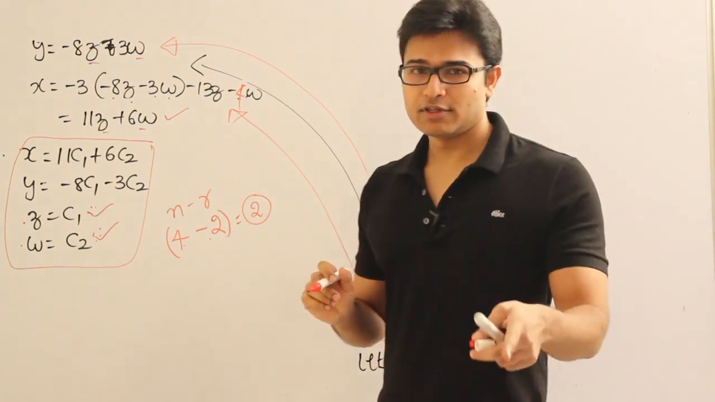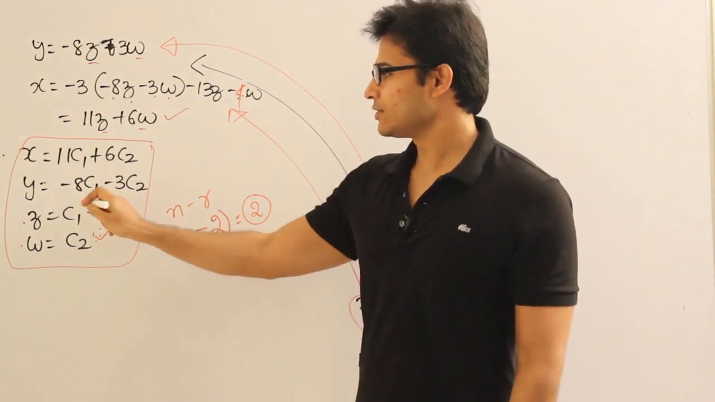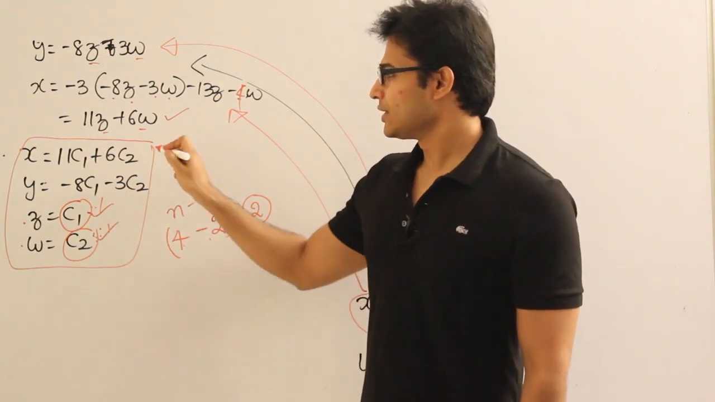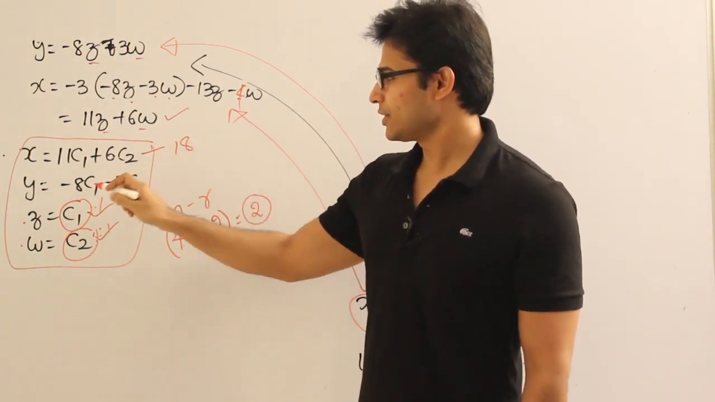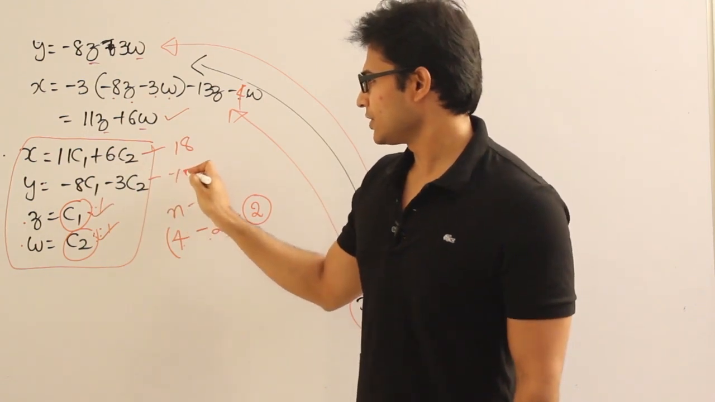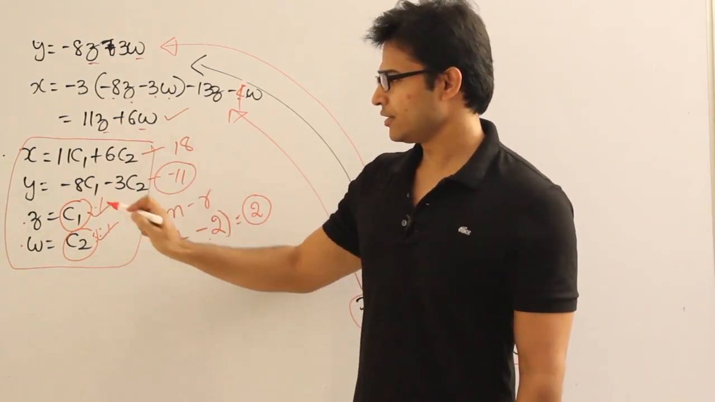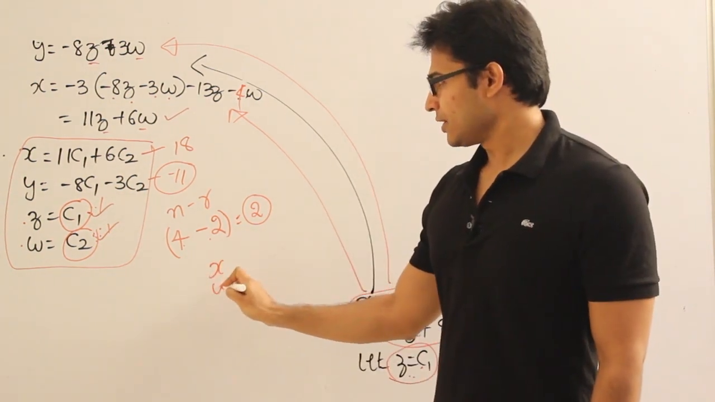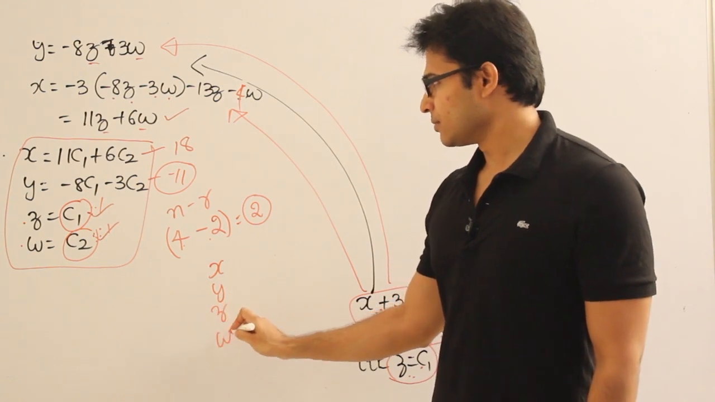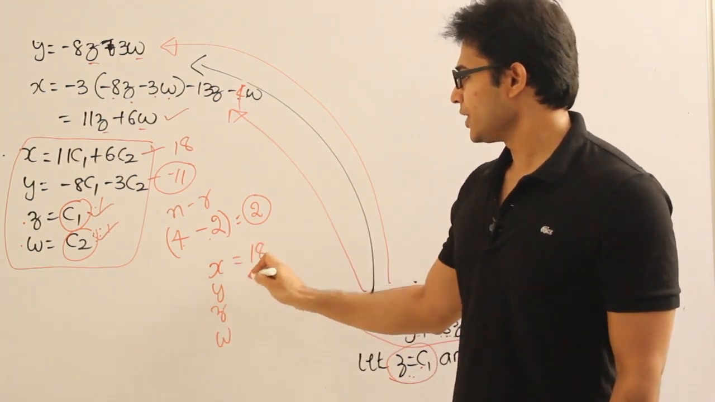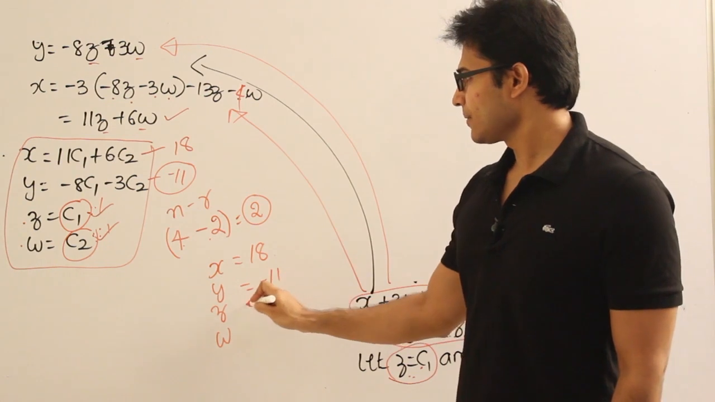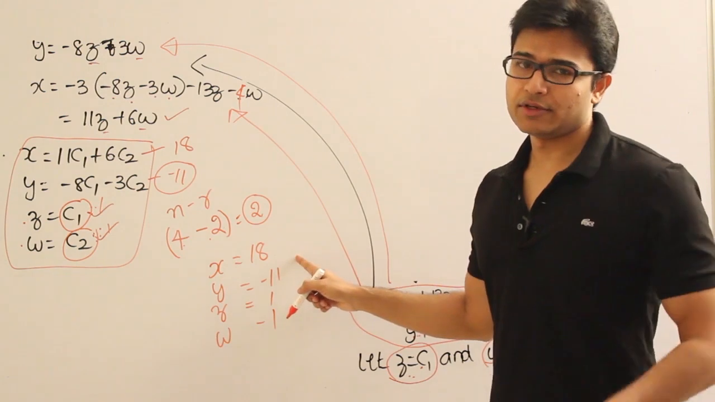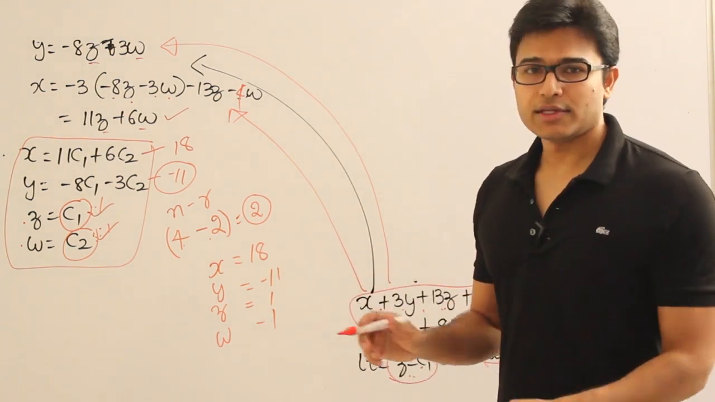For example, if you put C1 equal to 1 and C2 equal to 1, then what happens? X becomes 18, and this one becomes minus 11. So one of the solutions is x, y, z, w equal to 18, minus 11, 1 and 1. Now if you take these solutions and substitute them in the original equations,